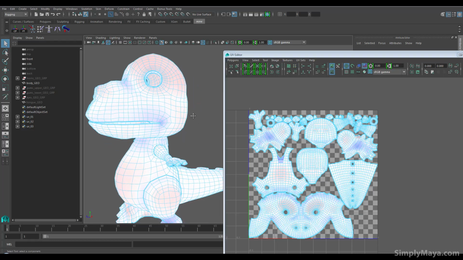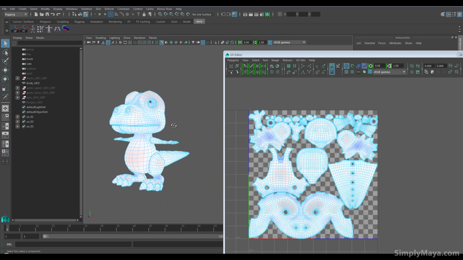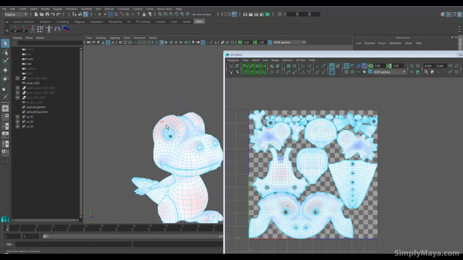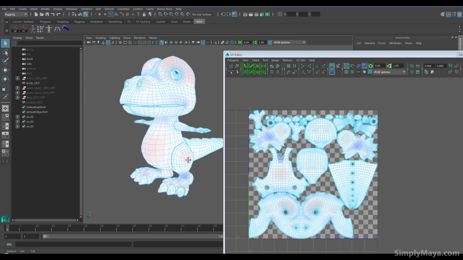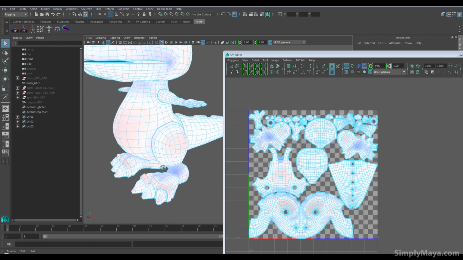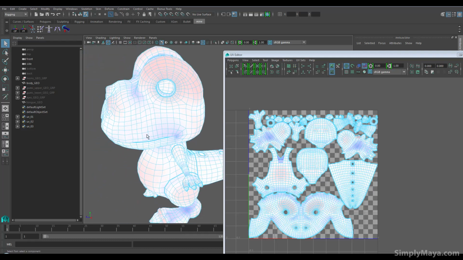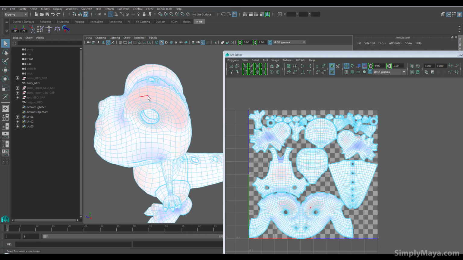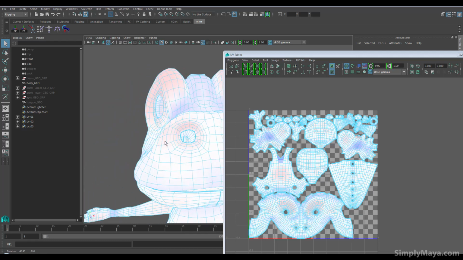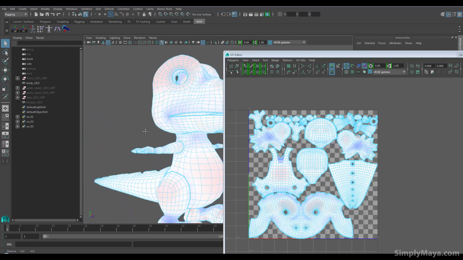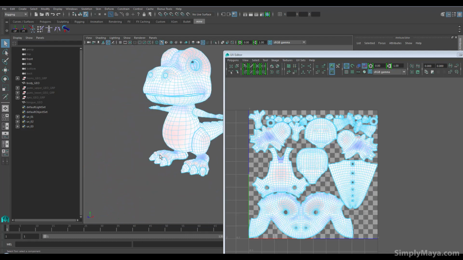So anything white is very good, it's kind of perfect really, and anything blue or red would be pinched or kind of squashed, stretched, sorry. And we're looking pretty good. Now we've got some squashing around the eyebrows here, but I'm not really going to worry about it. If it was a dark red it would be a cause for concern, but most of this is nice and white. I can't really see anything obviously wrong,